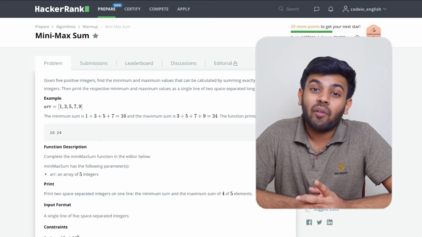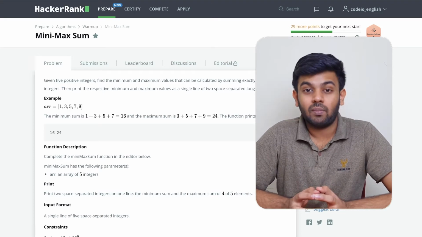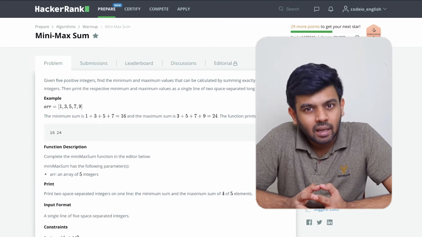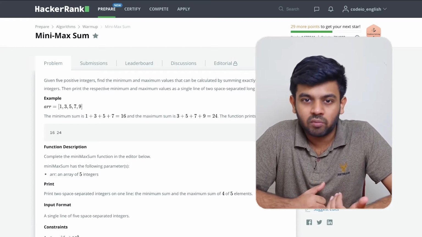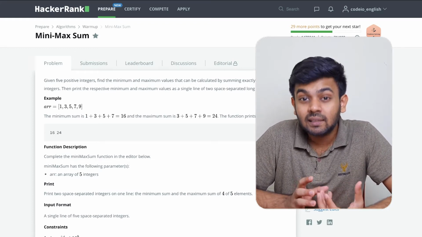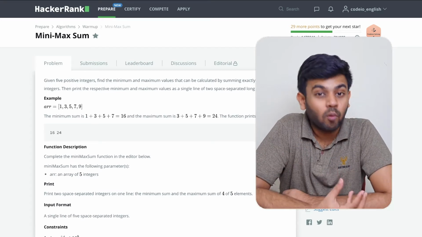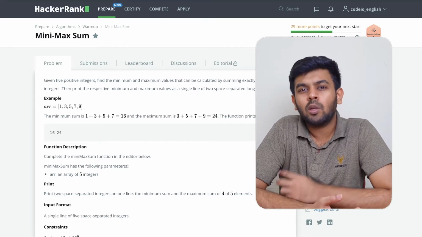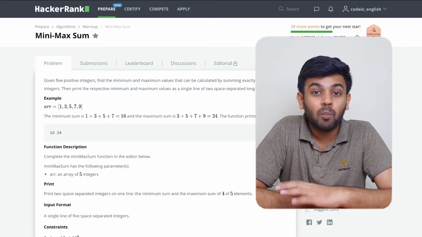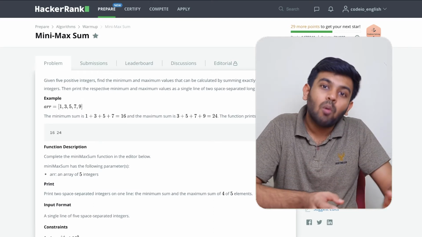And you're supposed to find the minimum and maximum sum possible with this array. So what do I mean by that? You have 5 elements, right? So you can leave one element out of this and you have to calculate the sum. Out of these 5 elements you are just going to add 4 numbers, and in that way you are supposed to find the maximum and minimum possible sum that this array can produce with leaving out one element.